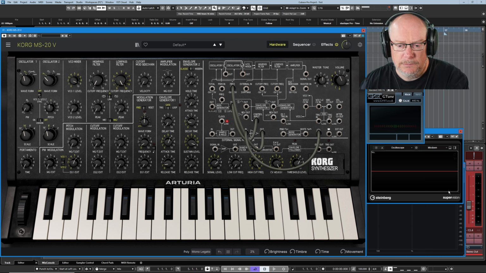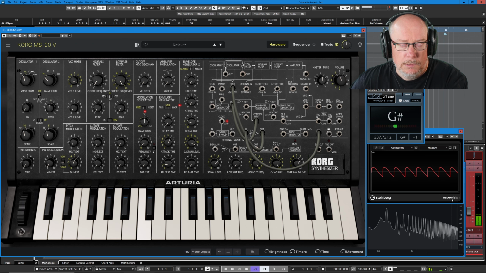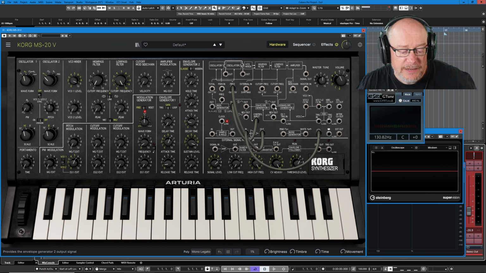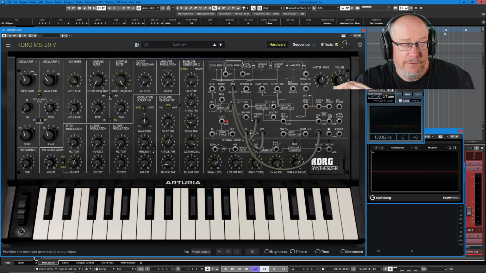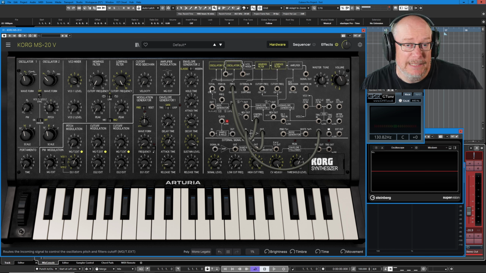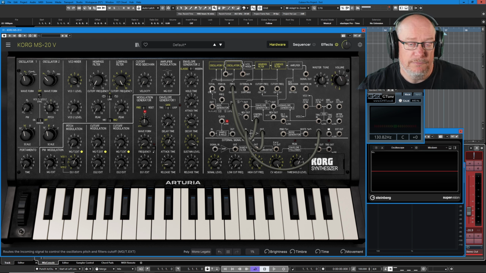I'll hold the note down, turn the volume down a little bit, and I'll bring my modulation wheel down. So what you're hearing there is as the modulation wheel comes down, I'm sending a smaller and smaller control voltage signal into the amplifier. That's the maximum amount of thing that can ever escape. The modulation generator is then determining whether or not all of that reduced signal or none of that reduced signal